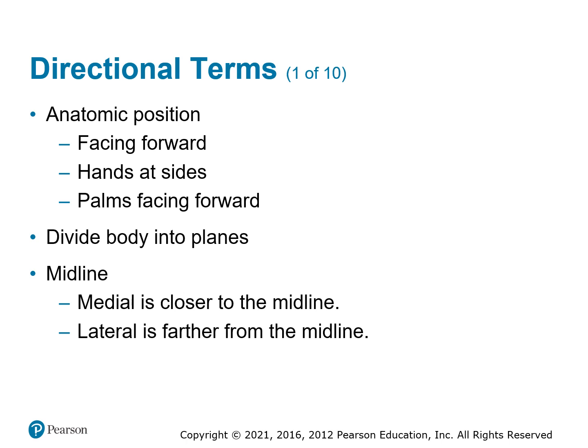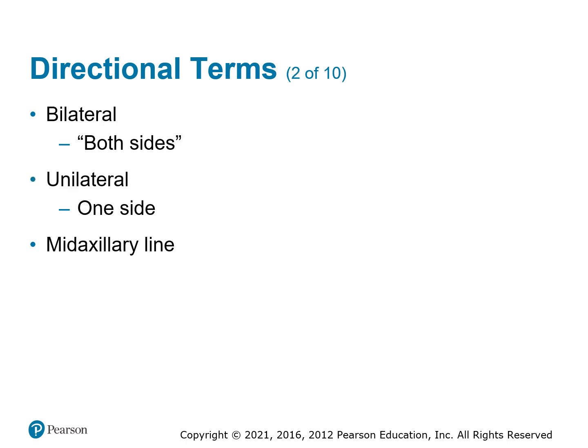So just kind of puts a little perspective to where you would use some of this information. Okay, now to break down one side versus both sides. So bilateral, bi meaning two, that would be both sides. So if you were in a car accident and you had bilateral femur fractures, that means you're going to have breaks on both femurs. Unilateral is just one side or the other, and then you define it with left or